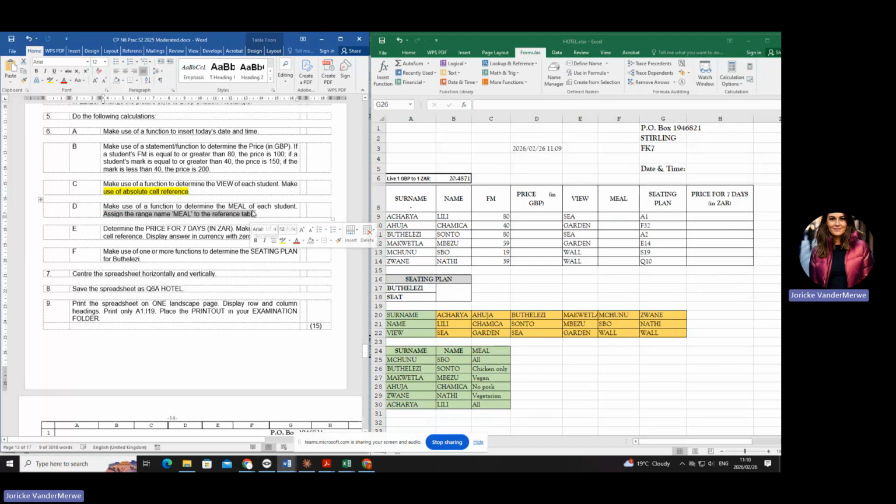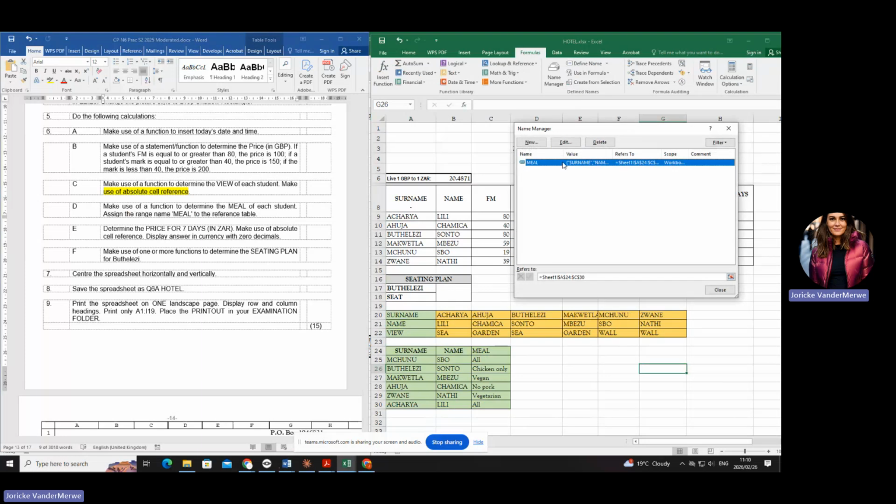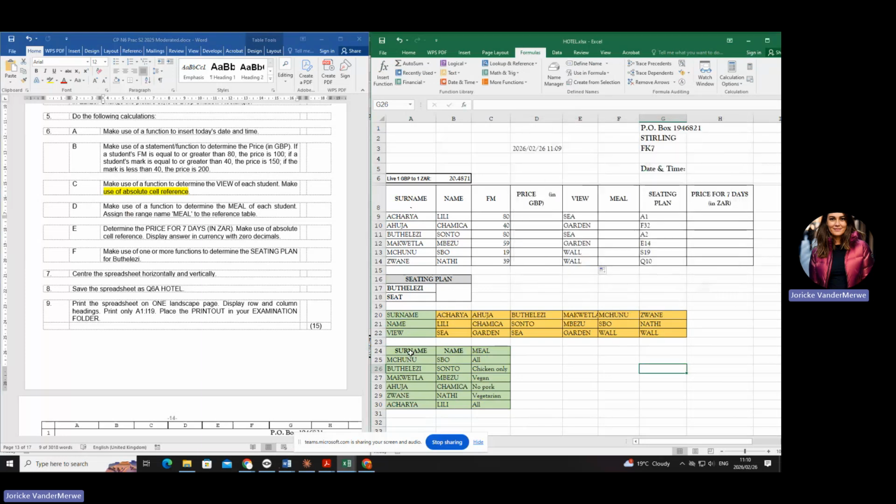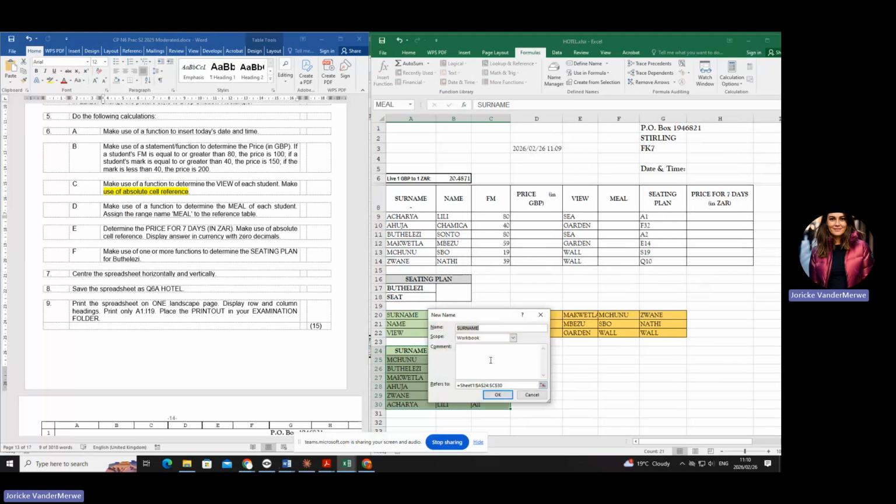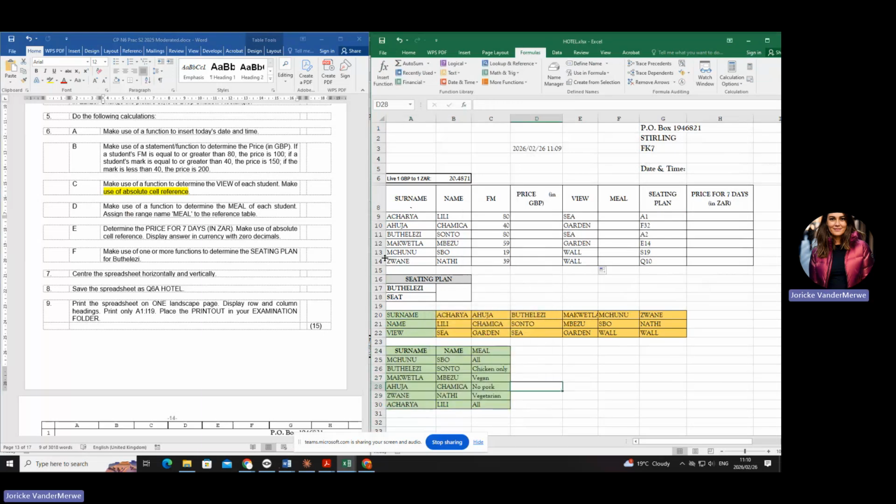It's already been done for me. Are you with me? If it wasn't there, let's say I went to the name manager and there was blank, I have to go and select everything, right click and say define name. Are you with me? Okay, so let's quickly go and see if it works.